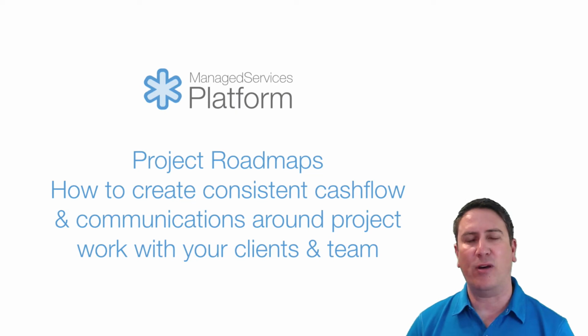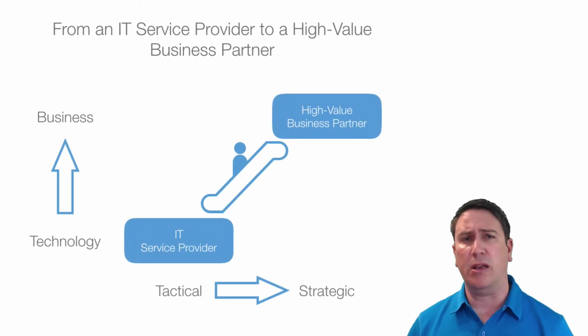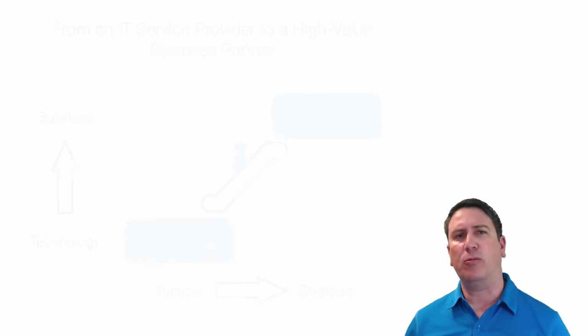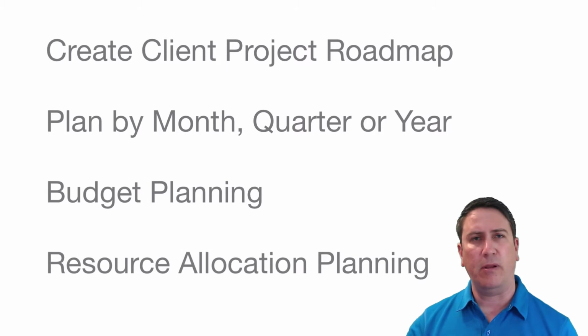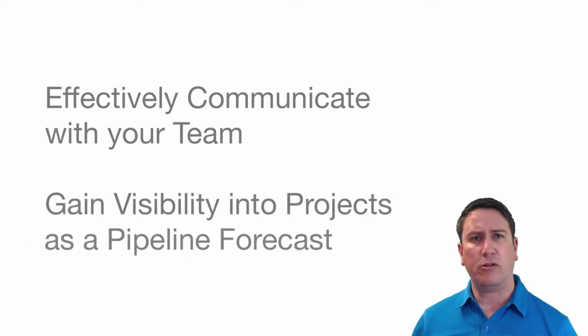Are you looking to have a more consistent project pipeline so that you can be much more of a strategic partner with your clients instead of just someone who's going in and pitching them on a new project or an upgrade plan at a tactical level? Would you like to be able to show them this plan across months, quarters, and years? Be able to explain the budgetary numbers associated with this project roadmap and the hours that are going to go into delivering it. And speaking of that, be able to communicate this plan also internally with your team